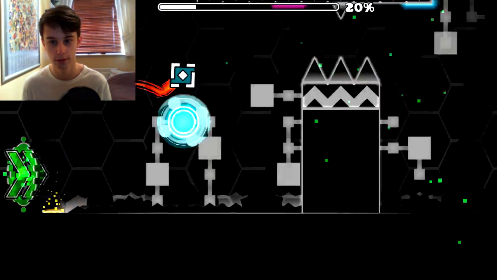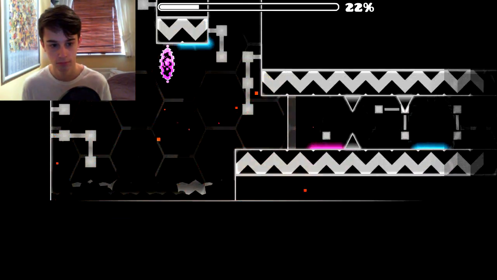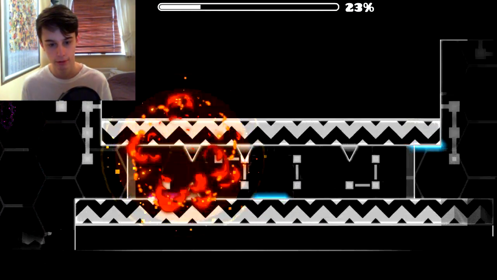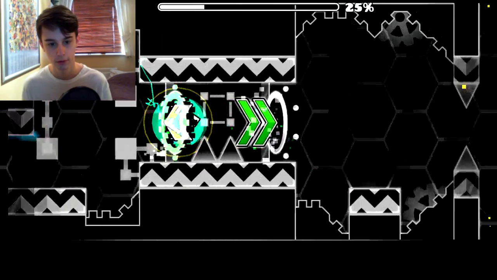So it looks like there's a pink orb in there. Good old alpha, huh? Okay, that makes sense. So you hold there, and you jump. So you just got to try everything out, so just hold there and then...